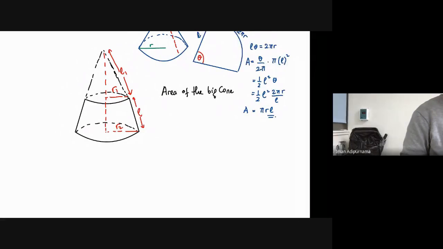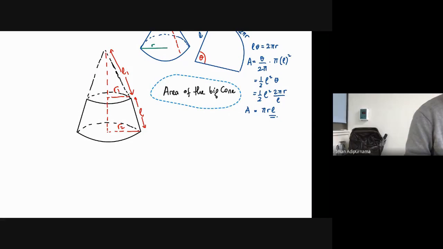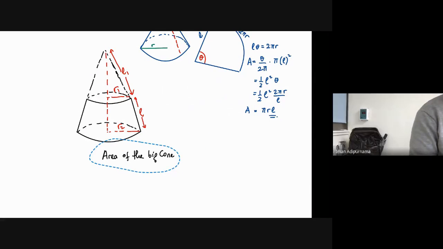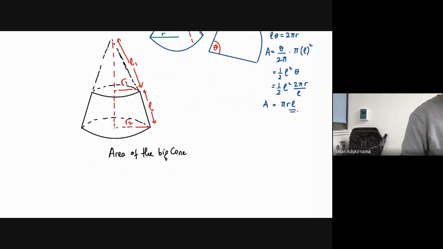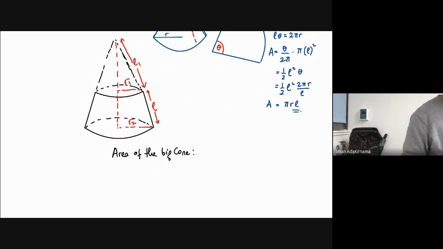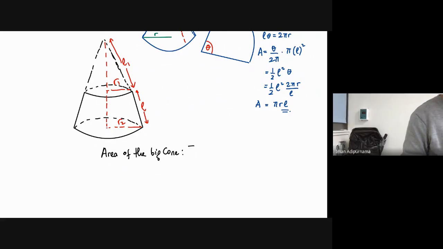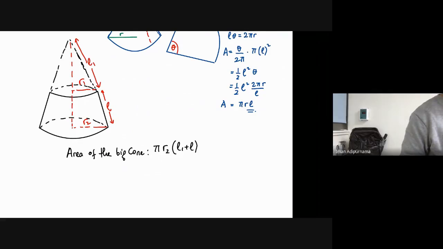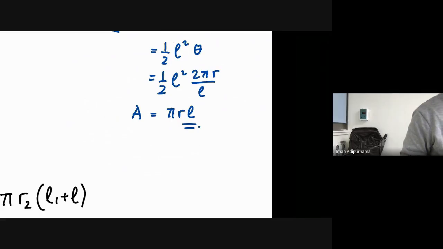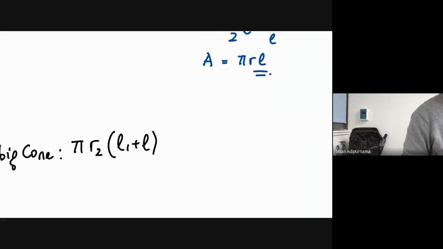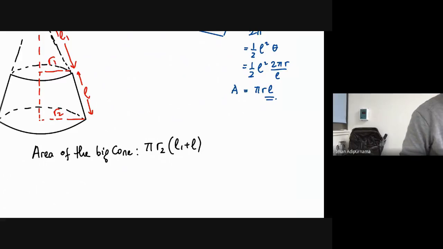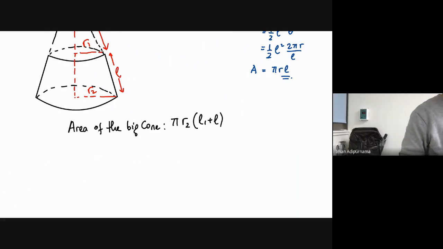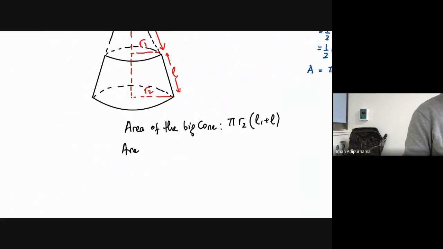The area of the big cone is pi R2 and then L1 plus L, based on pi RL, which we already calculated. So based on our picture here, it will be pi R2 times L1 plus L. And the area of the small cone,